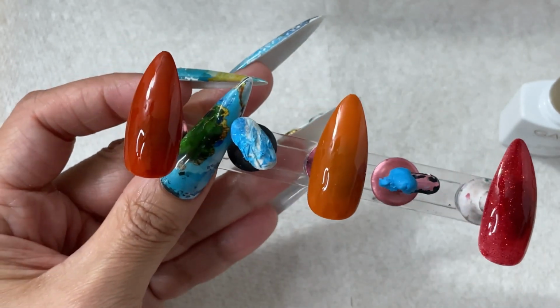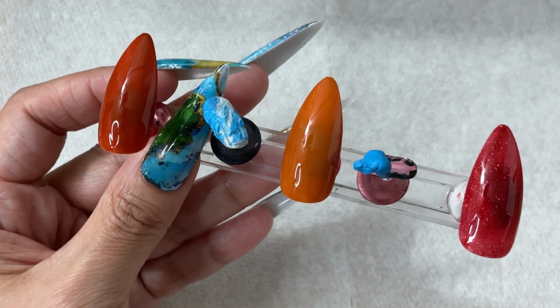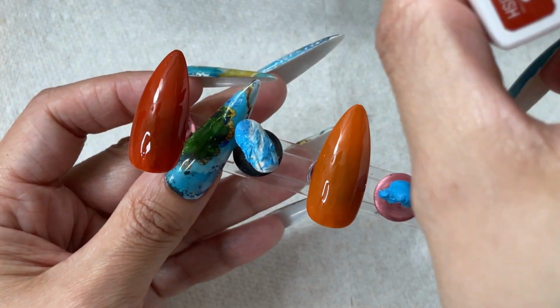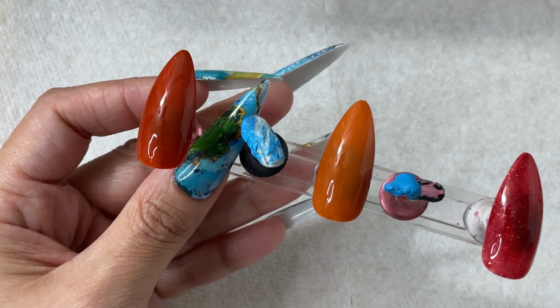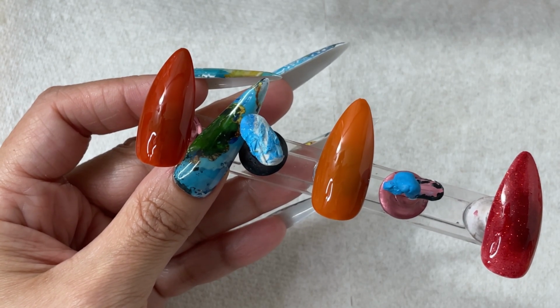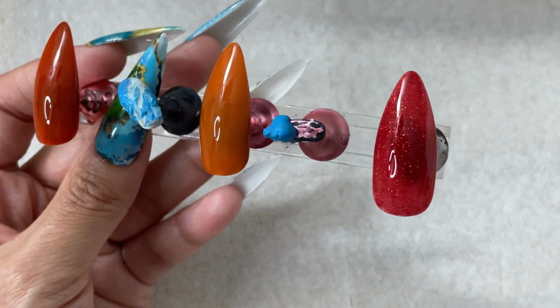Look how pretty. So we have this, actually this is more like a burnt sienna, and then this is like some type of orangey. This is 1236, the one I just did, and the other one is this nice red color. It's 1258. Nice shimmery red color. This is really very pretty